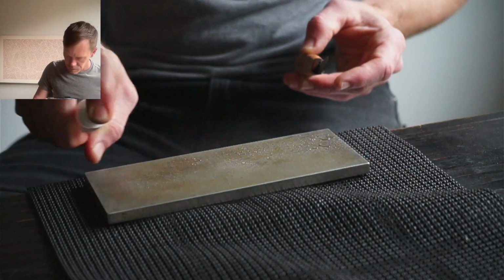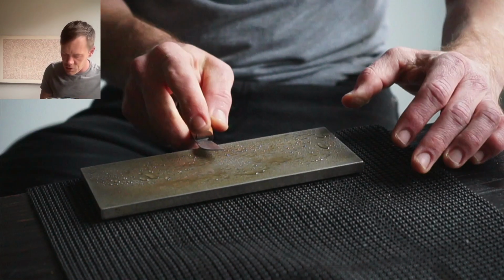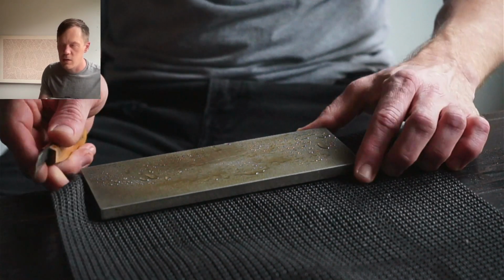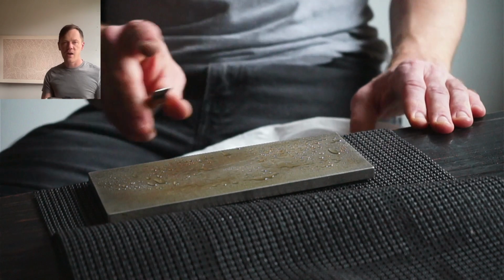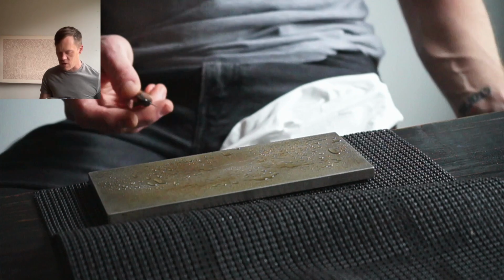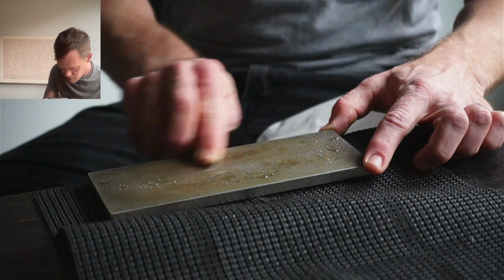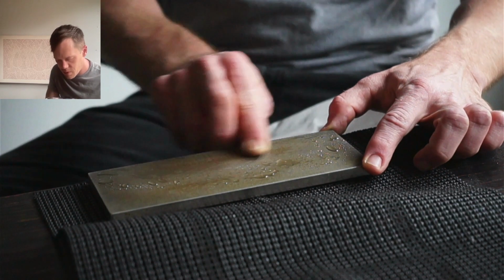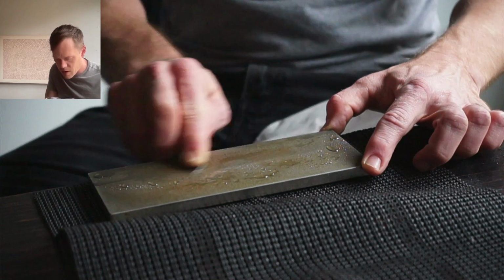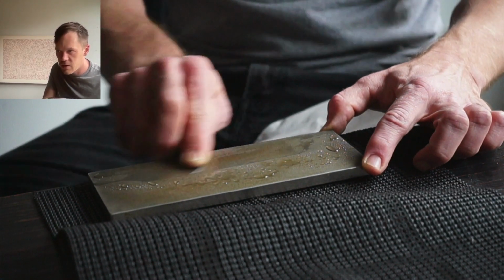And this is where I will speed things up a little bit. So I'm not necessarily going to go through the entire process of doing just the side, just the bevel, and then rounding it. Now, what I'm going to do is sort of combine all that into one sort of dance on the stone here. So I'll start flat, and then I'll rock the knife up, making sure that I get the side and the bevel, and that I'm rounding over. So I don't know if you can hear that,